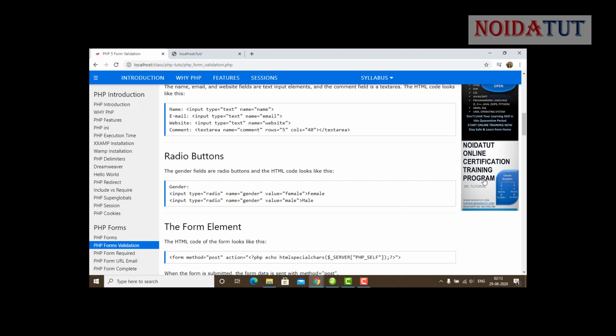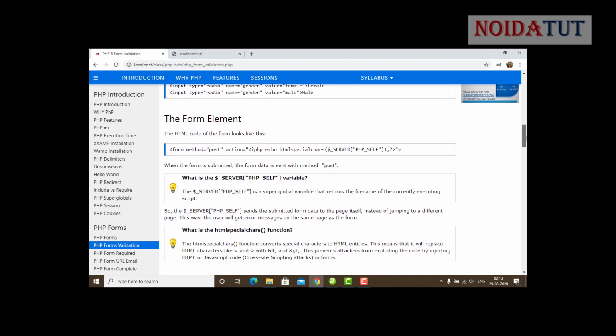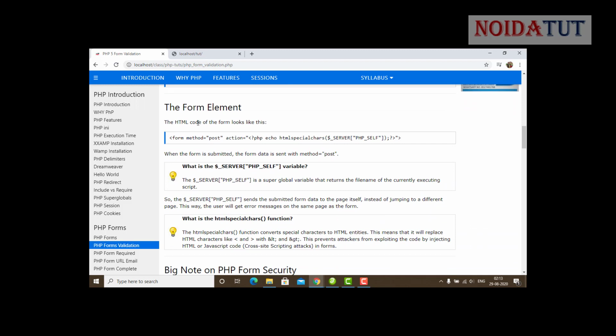Now let us talk about the form element section. The HTML element of the form looks like method equal to post and action equal to the server's PHP self, which is a superglobal variable. Before I proceed further, let us see how it is going to display.